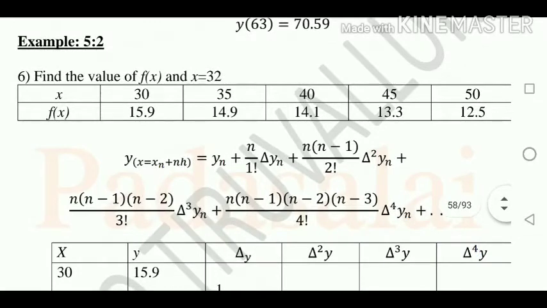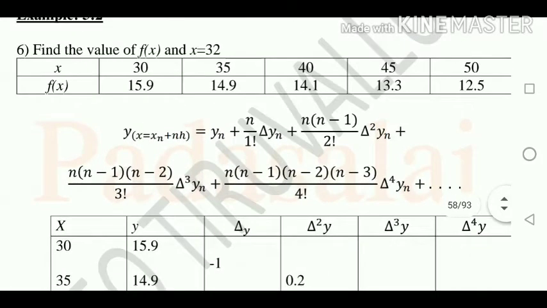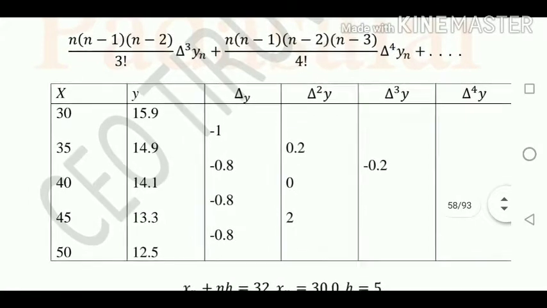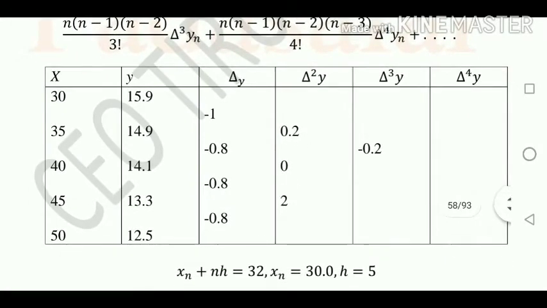So 32 lies in the beginning of the tabular column, that is in between 30 and 35. So the answer also lies in between 15.9 and 14.9. Now we are using Newton's forward method: y0 plus n by 1 factorial delta y0 plus n into n minus 1 divided by 2 factorial into delta square y0. Likewise it will go. So first you find the value of delta y, delta square y, delta cube y